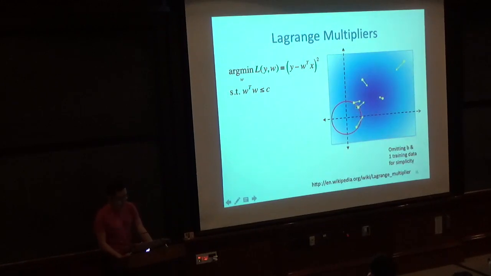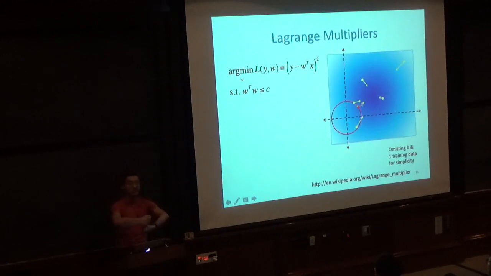And then if I'm at this point, this is the gradient. This gradient is actually parallel to the tangent vector of the boundary of this function class. This is the tangent of the circle, and these two things are exactly parallel. What does that mean? If I project the gradient update back onto the boundary of my function class, I get the exact same point back.